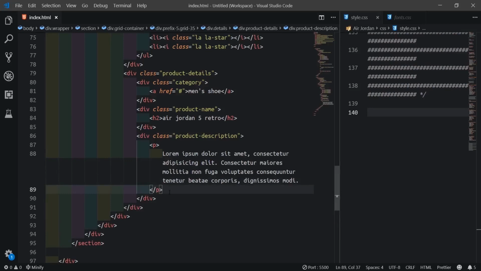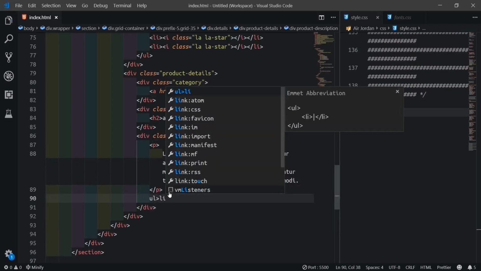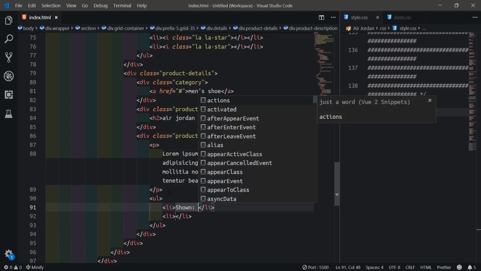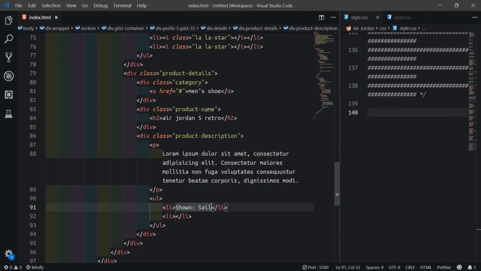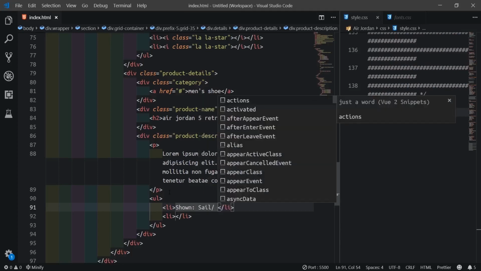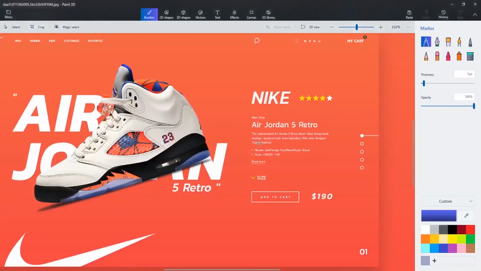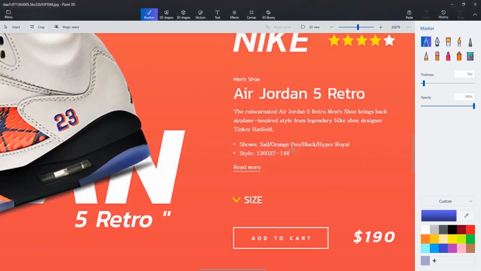Then we'll come down and create another list item, 2, then margin right, shown, seal orange, and another one, black hyper royal.